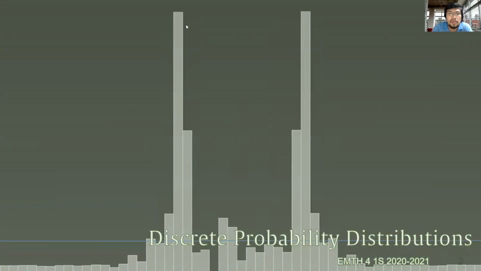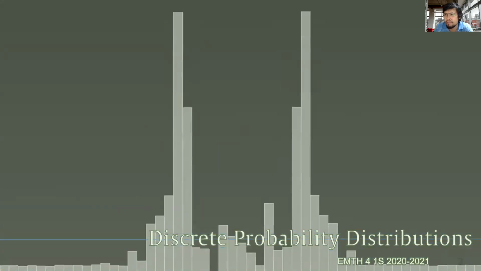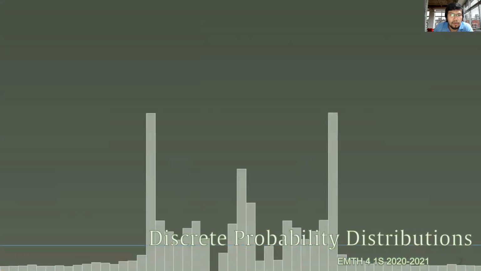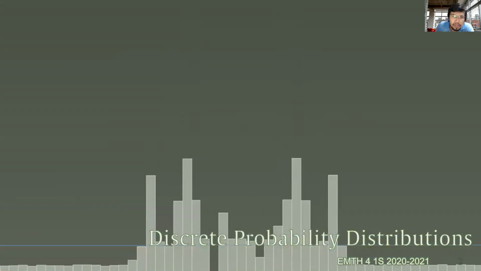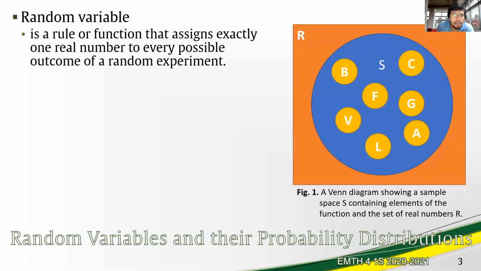We begin with discrete probability distributions. We start by defining first random variables to which probability distributions will be applied. A random variable is a rule or a function that assigns exactly one real number to every possible outcome